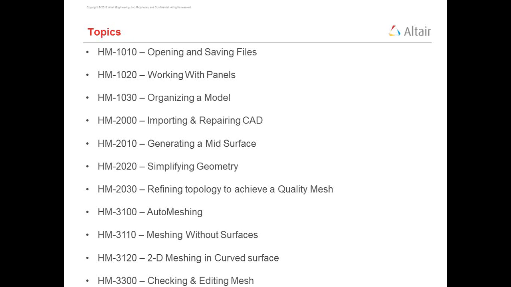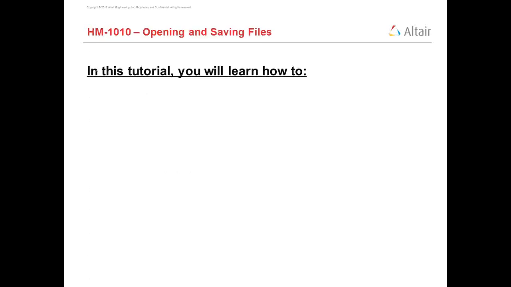I am using all the tutorials available in the HyperMesh help file in this training session. So many people ask me about the geometries which I used, so that's why I use the same geometries, and that's why I put the names. So you can find all these tutorials which I am going to show you today in the help file, so you can find that geometry also. You can start practicing back at your home at your own pace with the help of those geometries.